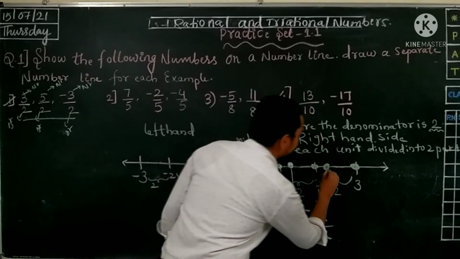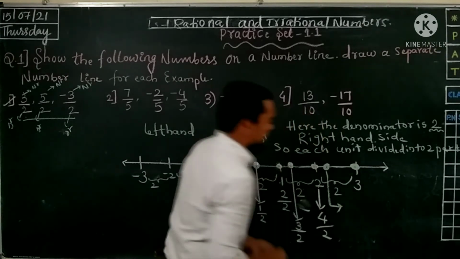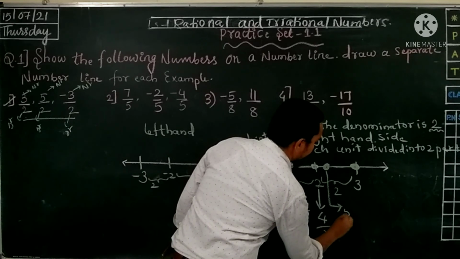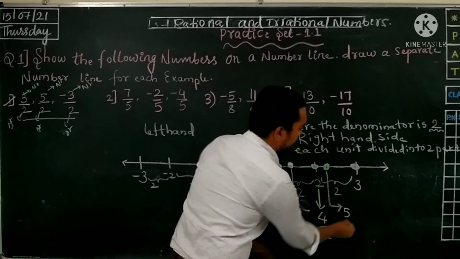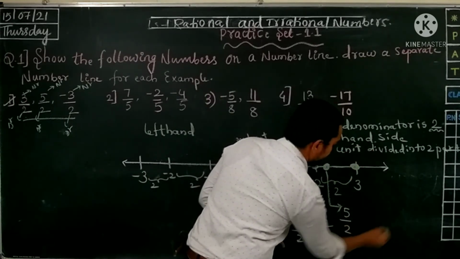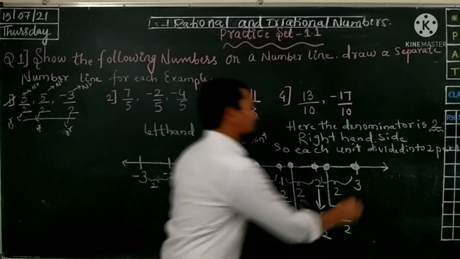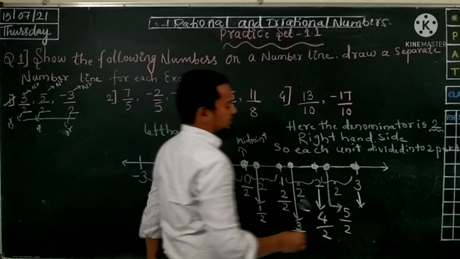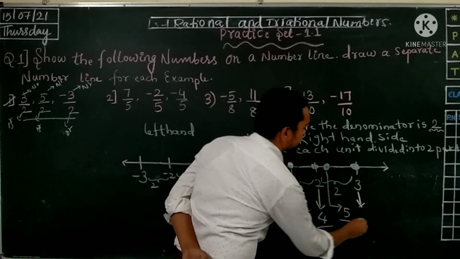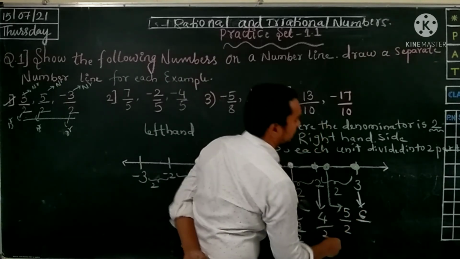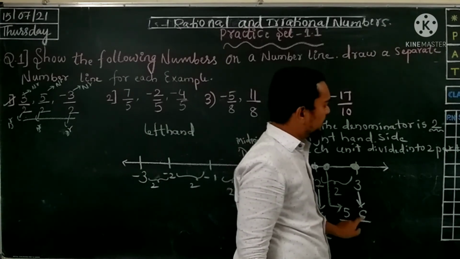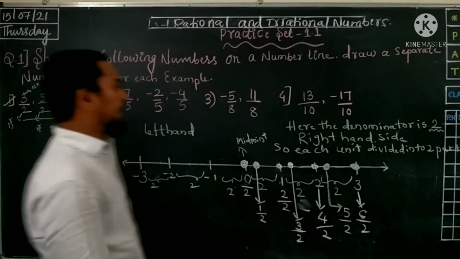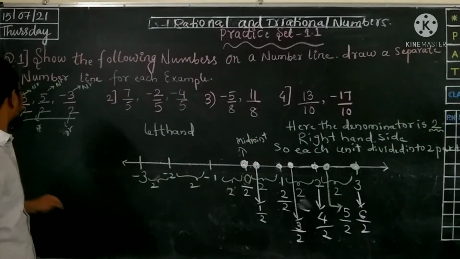This is considered as 5 point, upon denominator 2. Next, here 3 point. 3 point means the next unit is 6 upon. Why are we taking upon? The denominator is given as 2. For that purpose we will write 2. Therefore, here